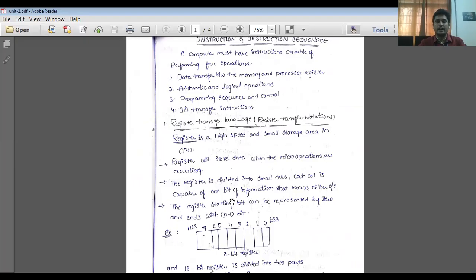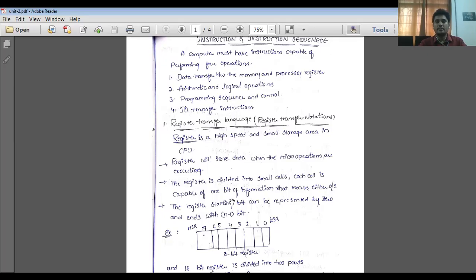A register is a high speed and small storage area in the CPU. A register stores data when the micro operations are executing. What is meant by micro operation? A program is a group of instructions, a set of instructions.